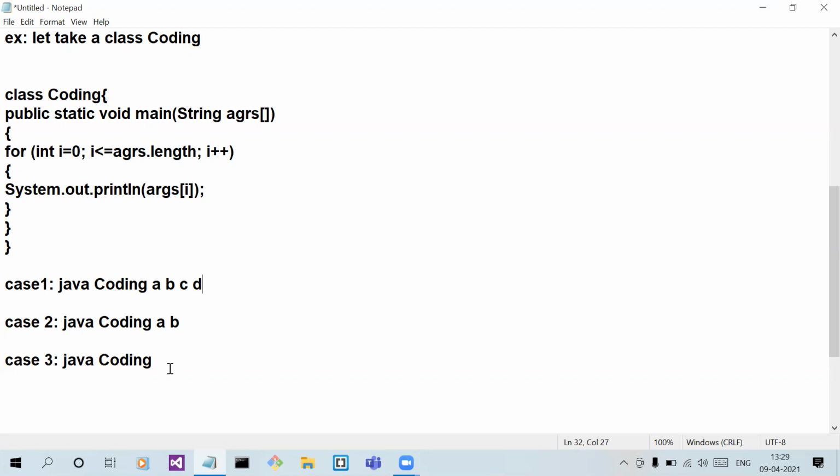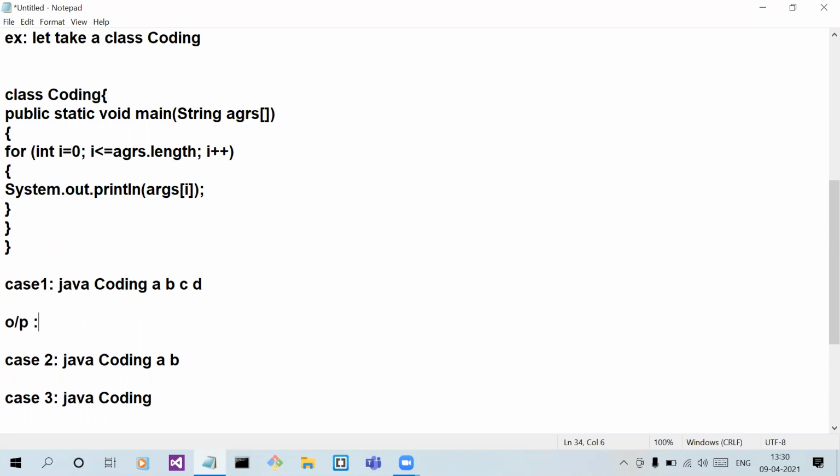In case 3, is it 0? Not 0. Okay, see. In the first case, A, B, C, D will be the output.